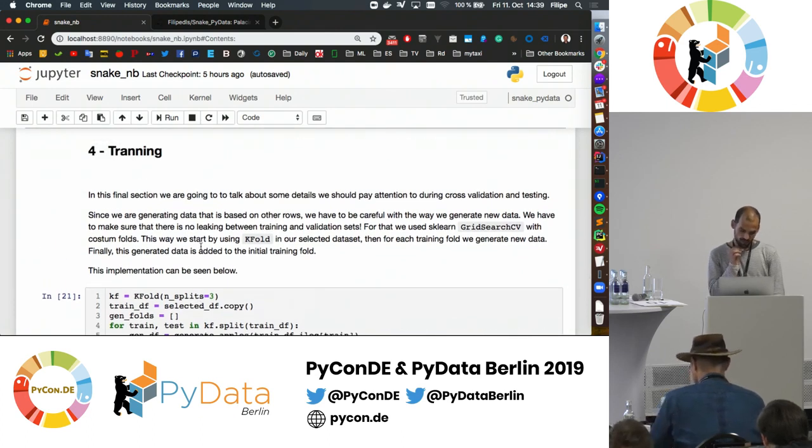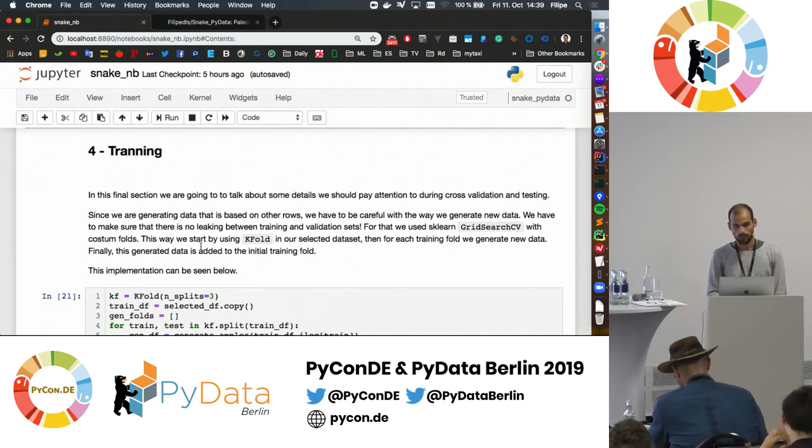The only problem that I had was that I wanted to use cross validation, but because we are generating plays that have exactly the same snake position, where the apple just changes, and even then the apple is still close to the other one, we have to be really careful doing cross-validation to not leak these snake positions from the training set to the test set. And because of that, I end up using